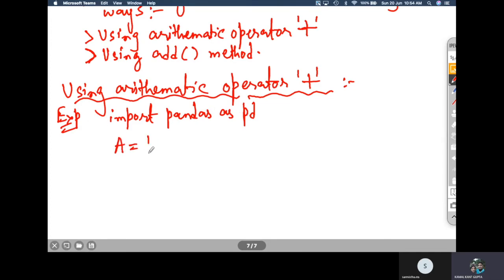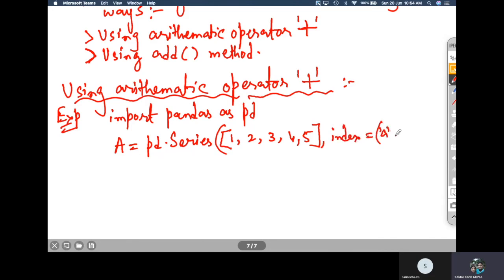A is pd dot Series, and here I am writing some of the values as 1, 2, 3, 4, 5. Okay, and indexes maybe A, B, C, D, E.